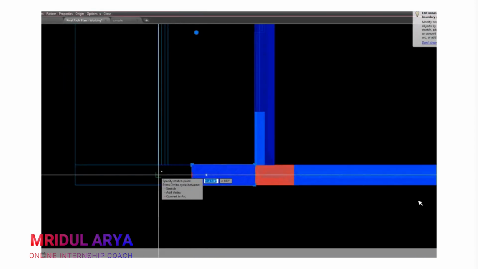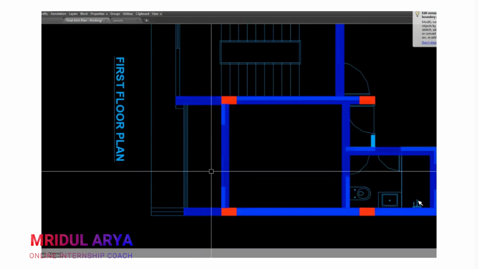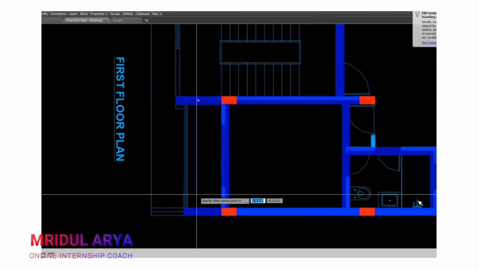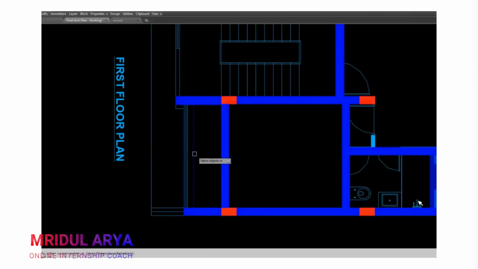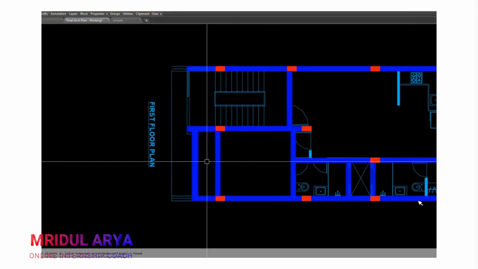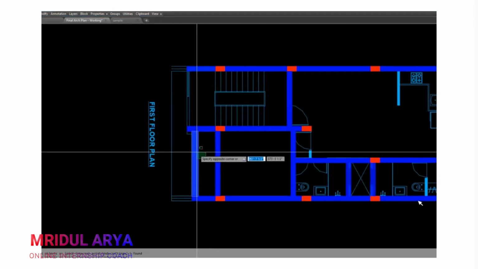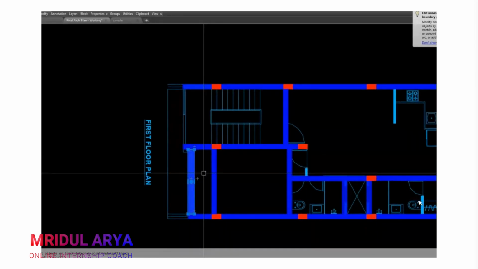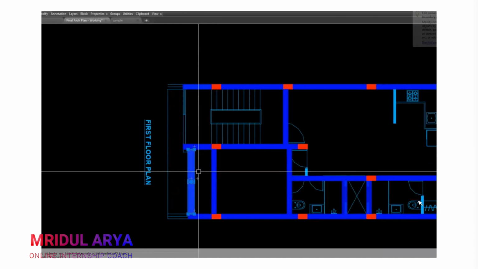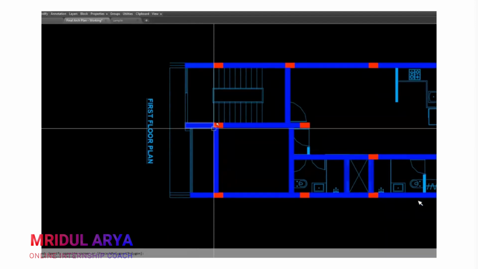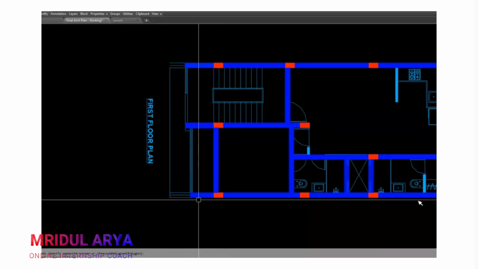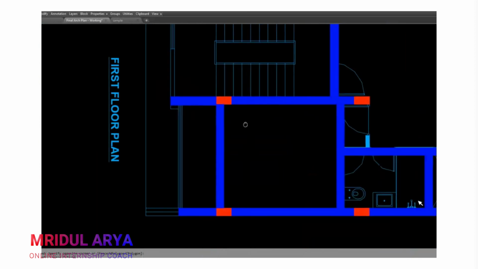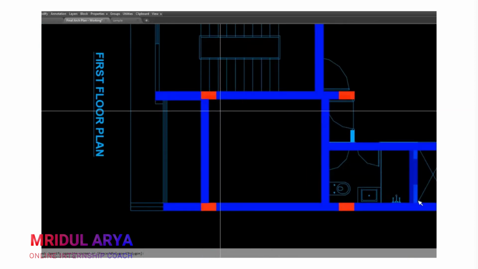In the balcony, we have the option to have a beam at this location. If you are providing this balcony as a sunken one, then you need to go with a beam. Otherwise, you can leave it as it is. If it's not required to provide a beam for aesthetic view, we can leave it as it is and design our slab as a cantilever slab, which will back span to this specific slab.